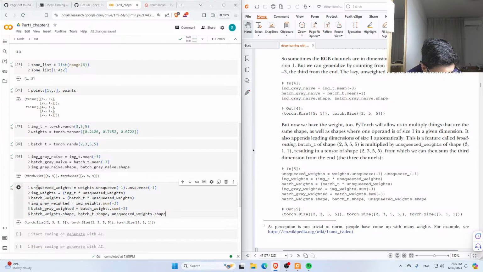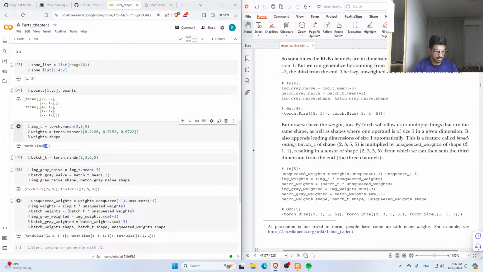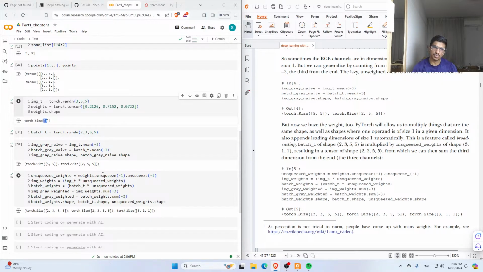भनेपछि ब्याच वेटको सेप भनेको 2/5/3 ब्याच वेटलाई त हामीले के गरेको, ब्याच वेटमा ब्याच वेट इन्टु अनस्क्विज वेट गरेको थियौँ होइन। ओके, सो यो अनस्क्विज वेटको सेप चाहिँ कति 311 भनेको आई थिङ्क पहिला वेट्सको साइज कति थियो, वेटको साइज त भनेको चाहिँ 3 डाइमेन्सनल थियो यसको त वेट्सको साइज त 3 डाइमेन्सनल थियो त सेप। सो यो त 1D मा 3 थियो होइन। सिधै यसलाई के भने एउटा चाहिँ स्क्विज भनेर हटाउने होइन, अनस्क्विज भनेर एउटा पो थपे रहेछ भने चाहिँ पहिला एउटा थपे लास्टमा, फेरि अर्को थपे है 311 को बन्यो। ओके, अनस्क्विज वेटको साइज 311 को। ओके, त्यसरी इमेज वेटमा इमेजको टी भनेको 355 को थियो, त्यसलाई अनस्क्विज वेटमा मल्टिप्लाई गर्दैछ कति भयो,